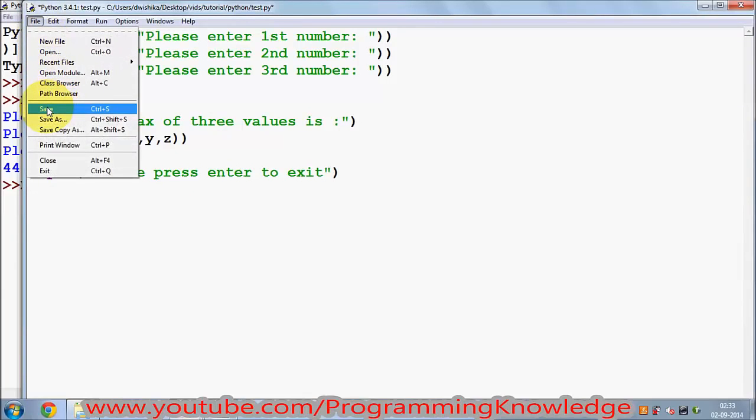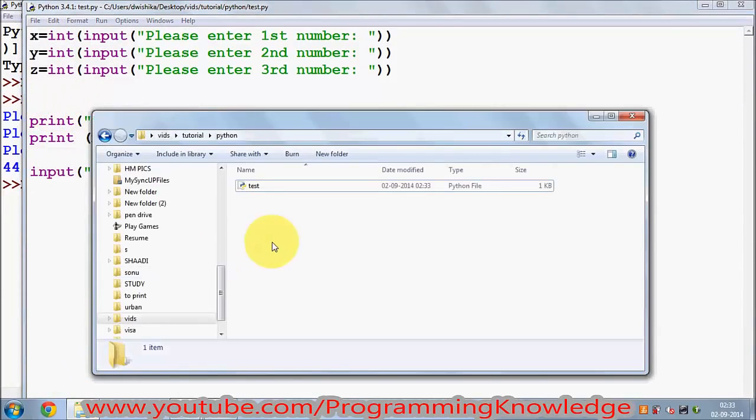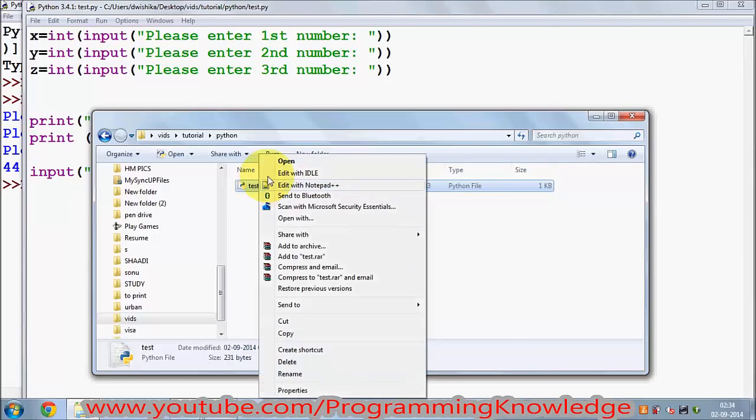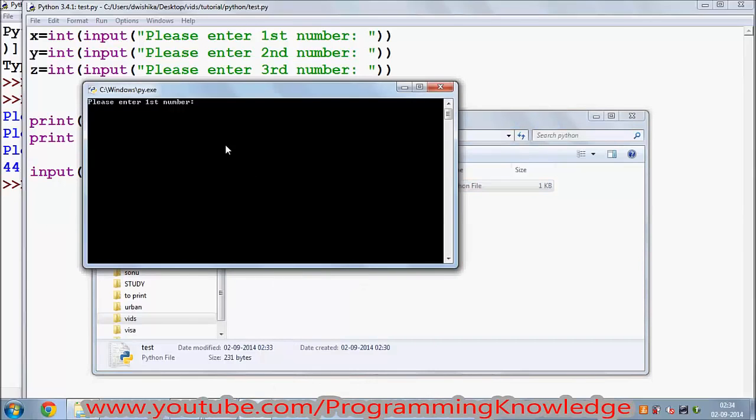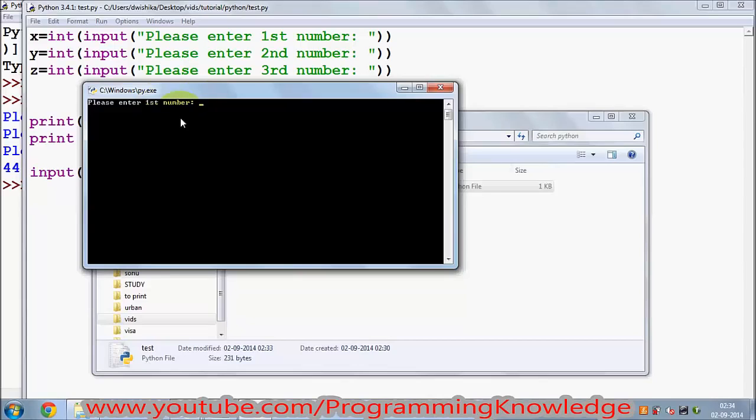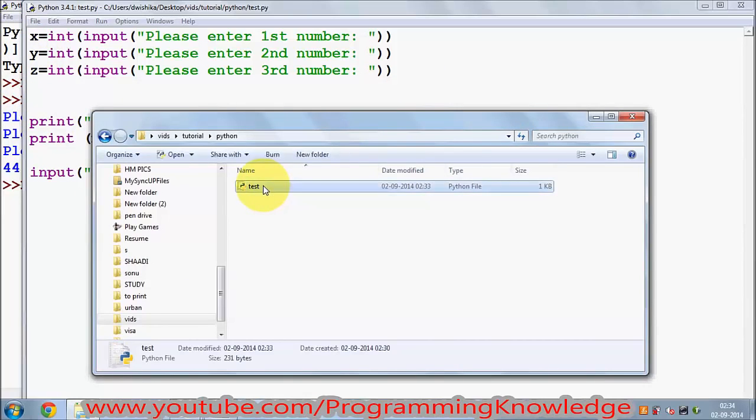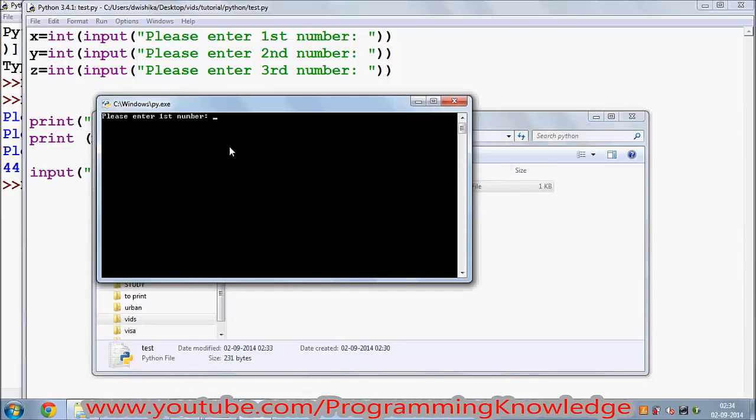Just go to file and save it, and then go to the Python file wherever you have saved it. You can right click and open it, and it will open in the Python terminal and run your program directly. You don't even need to use this Python shell. Or you can just directly double click it and it will open your Python program, and it will give you the option,